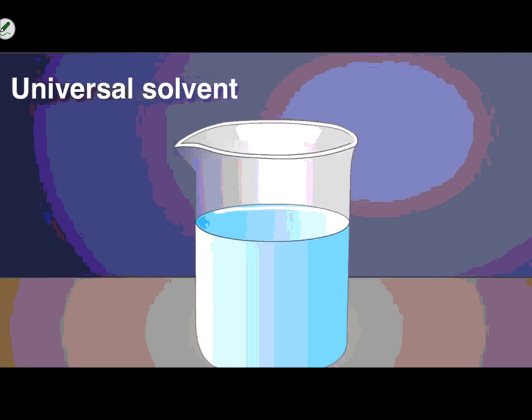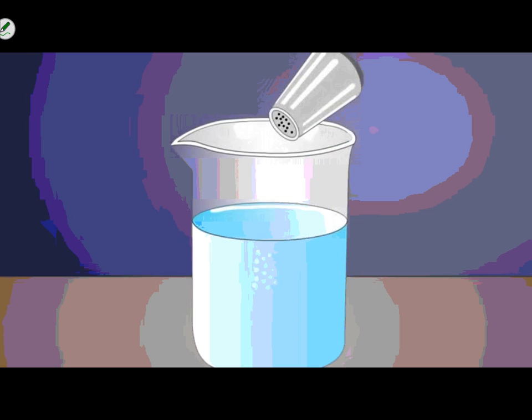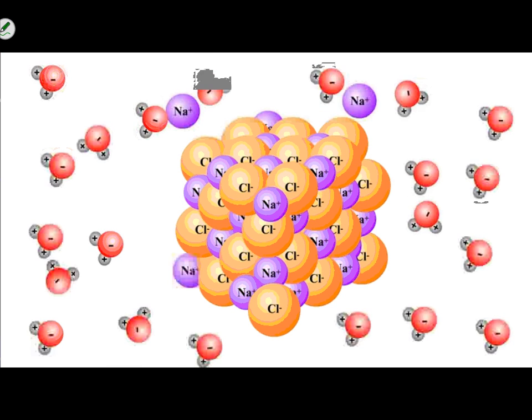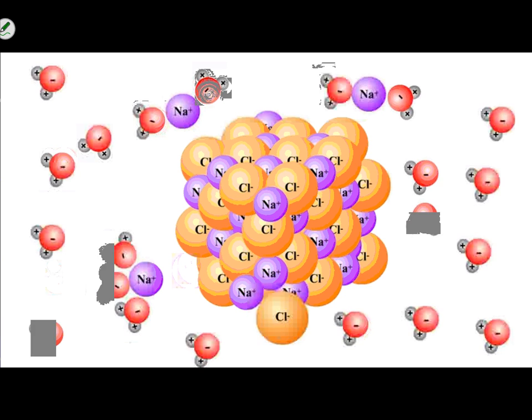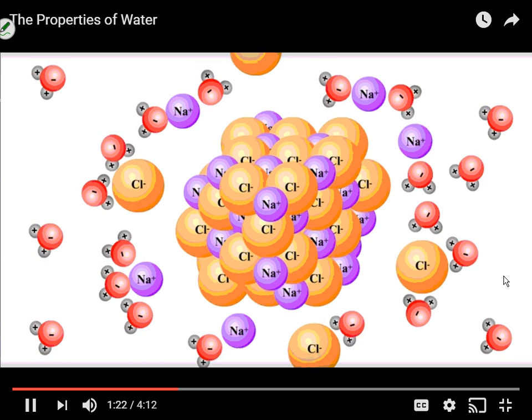Water is often called the universal solvent, which means that many substances dissolve in it. Water's solvency has to do with the polarity and hydrogen bonding ability of water molecules. When a salt, such as sodium chloride, is placed in water, the negative ends of the water molecules are attracted to the positively charged sodium ions, and the positive ends of the water molecules are attracted to the negatively charged